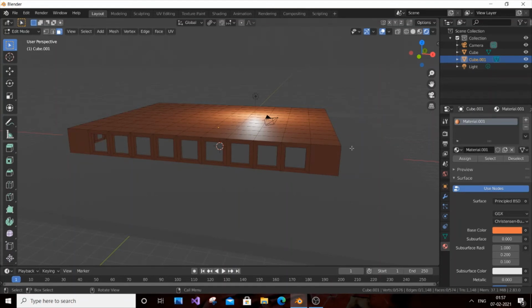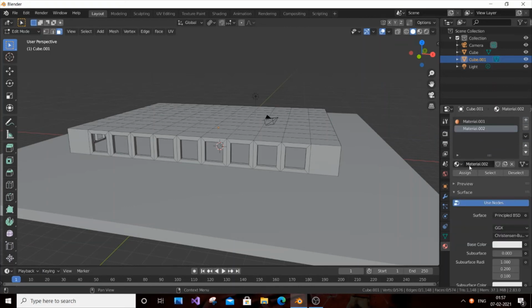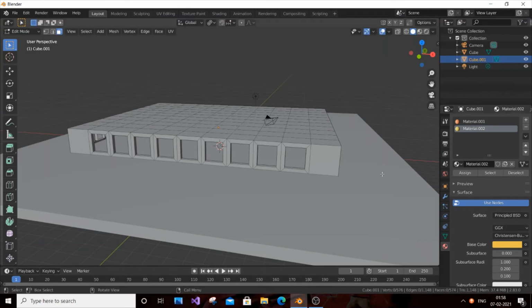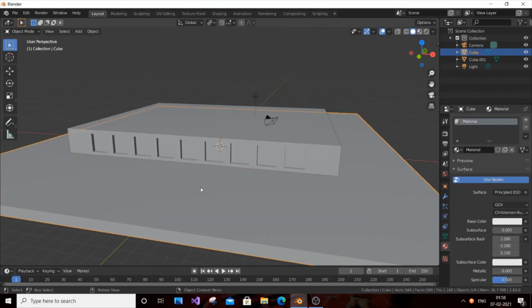I haven't assigned any color to my plane, so that's why the base looks invisible. You can also apply color to your base. For applying color to the base, just add another material, go to base color, and select some pale color. I think that's good. Okay, so now you can't select your base like that, as I told you, since it's a single object. You need to go to object mode and select the base. That's a trick. Some tricky things in Blender.